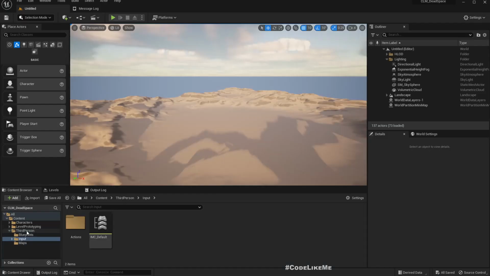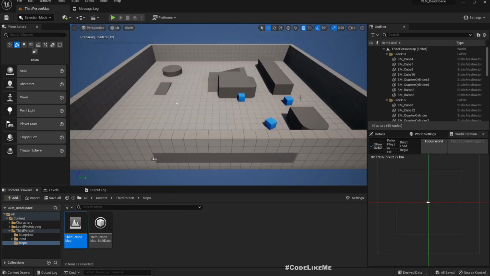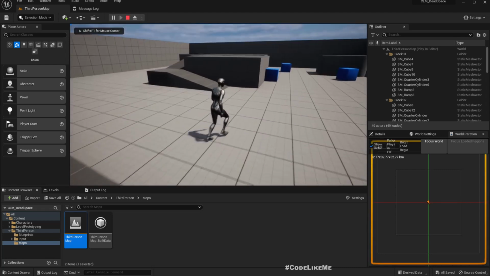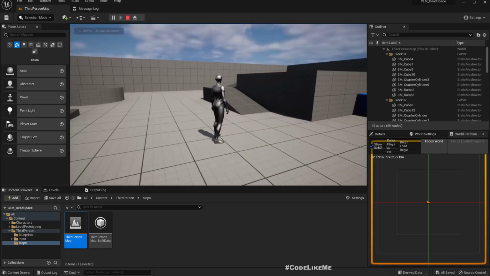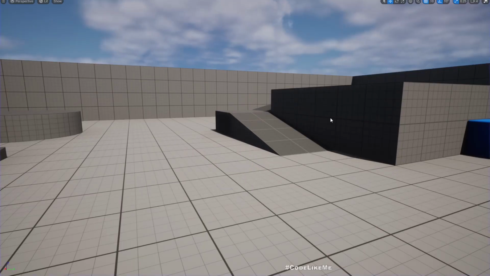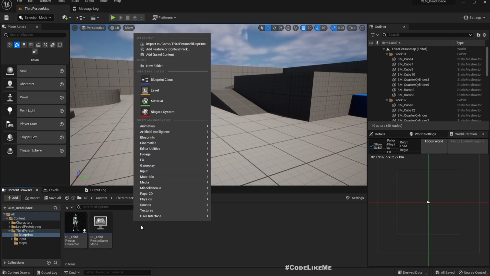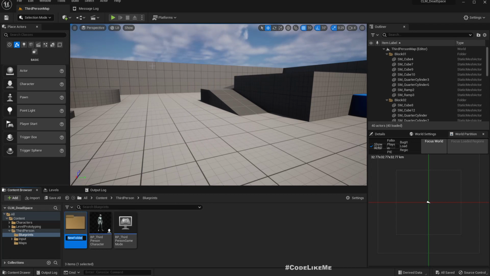Okay, so this is the default third-person template. This is what I'm going to use as the base project to implement the 3D menu system. So right now here in the blueprints folder I'll add a new folder, UI,